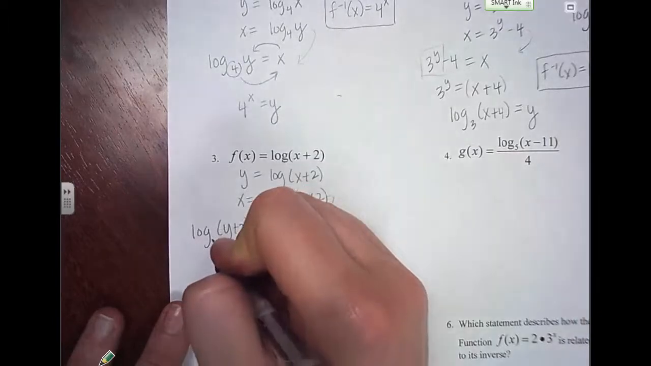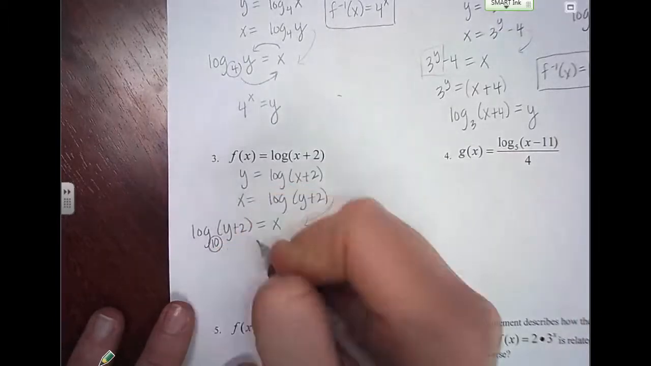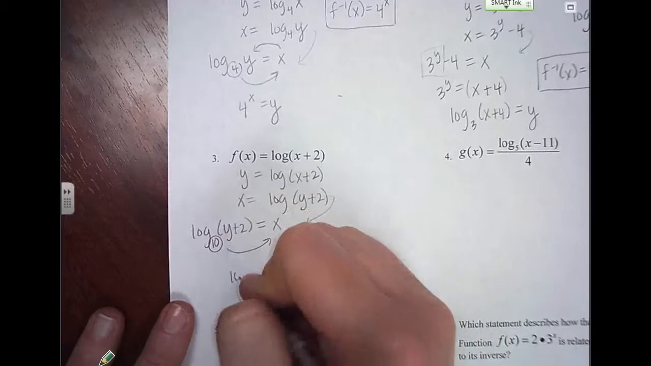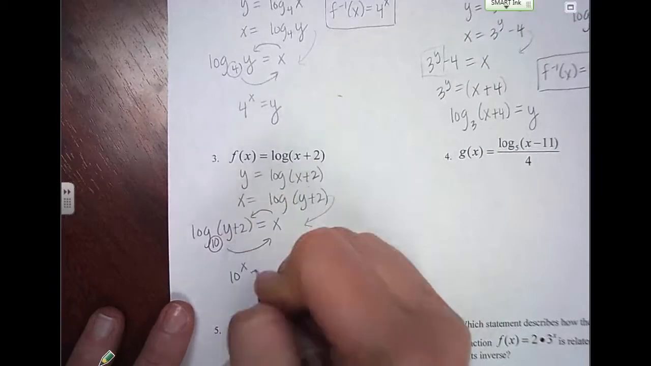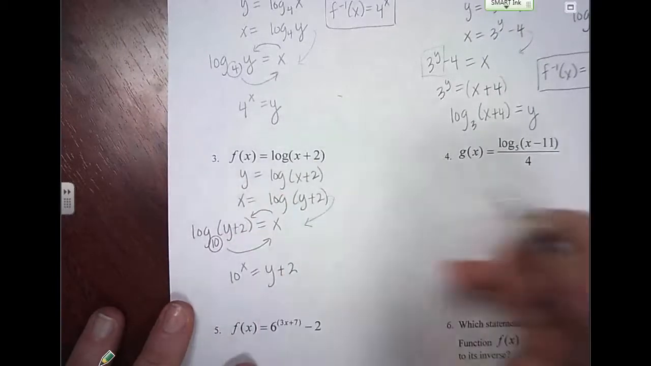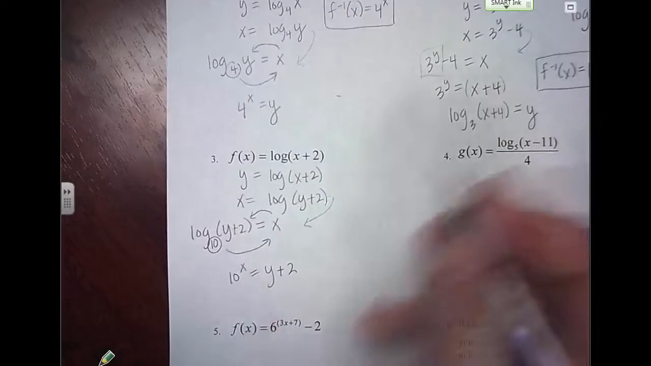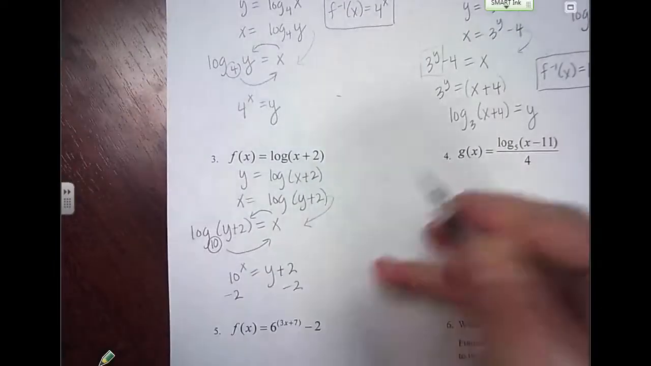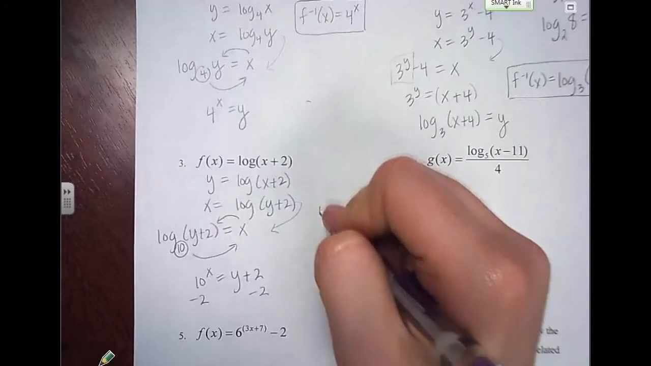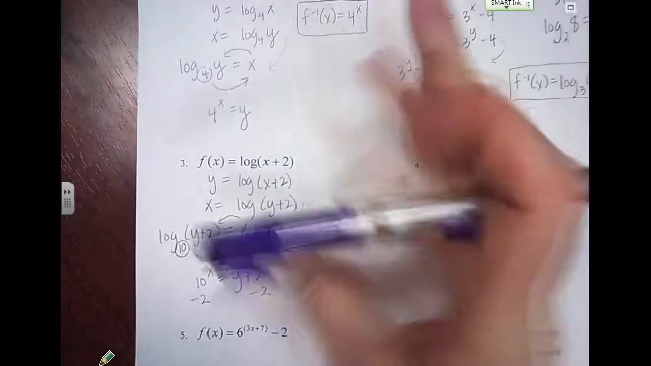So our base here, we start here, there's nothing written, so it's a 10. So 10 to the x power equals y plus 2. Now I want to solve for y. The y is not by itself yet. I have to subtract the 2 over. So now I get y equals